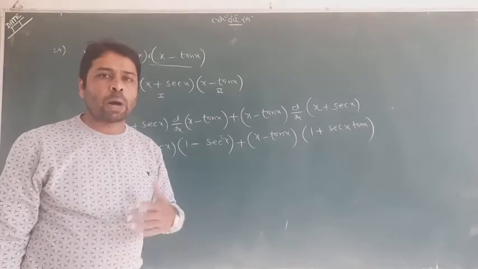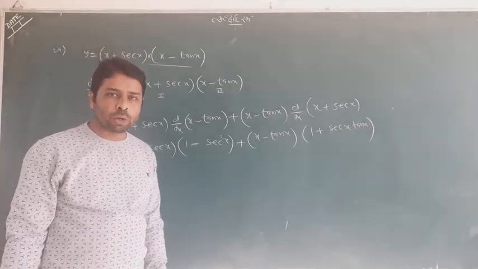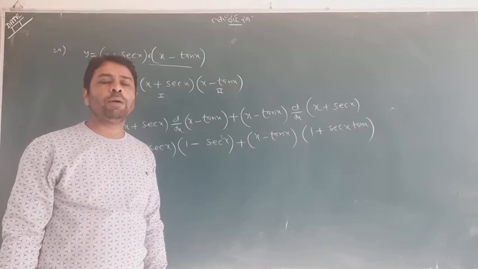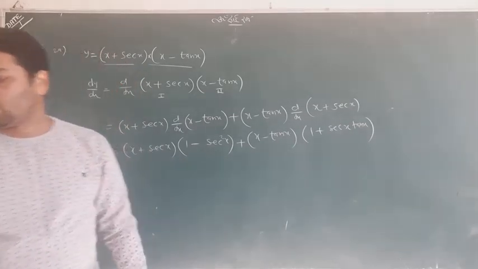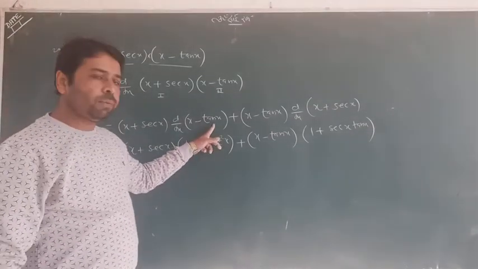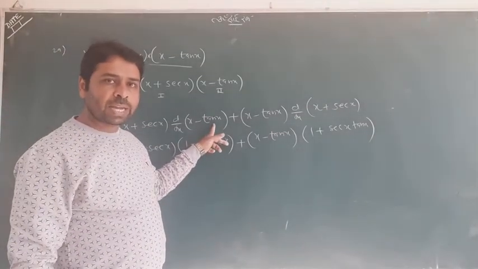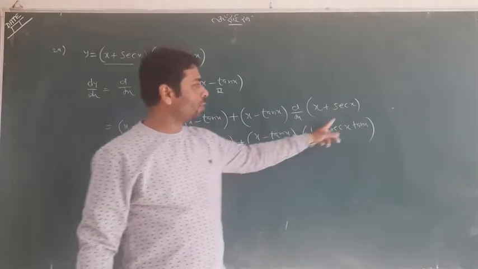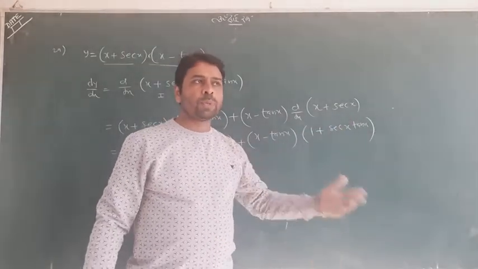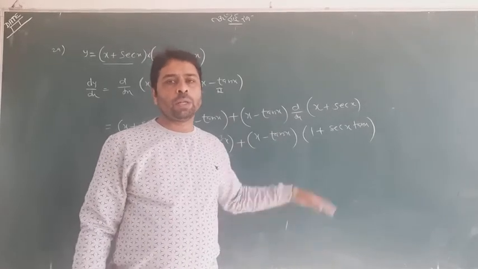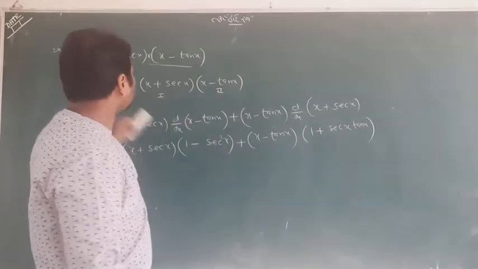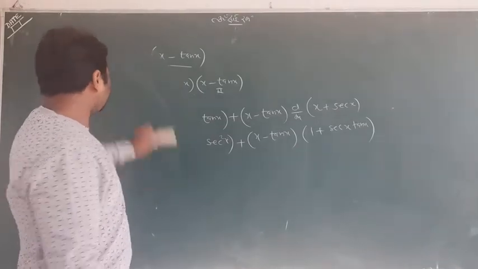But okay, in this question I think students have learned how to use the multiplication law. That was the only reason and purpose for having this question in the exercise. So hope you have got it. Again we learned two things: that differentiation of tan x is sec square x and differentiation of sec x is sec x tan x. So just to recall the formulas, this question was given here. Okay, we will drop our answer right here only. We can take some more questions from the book.